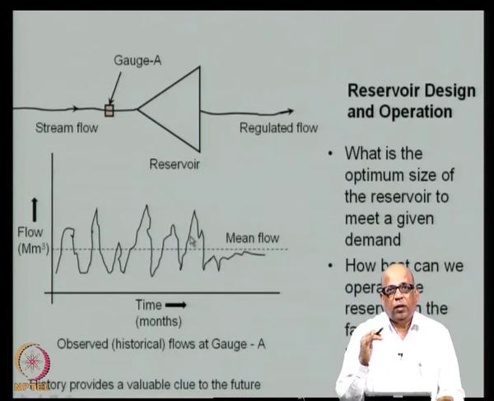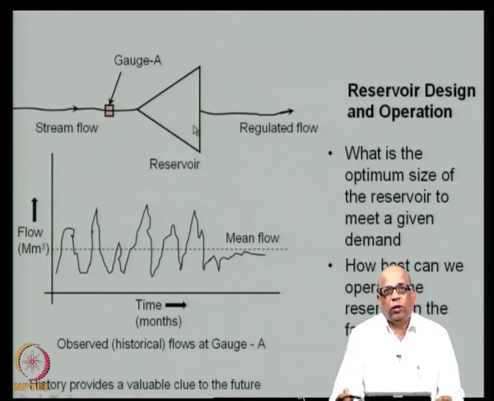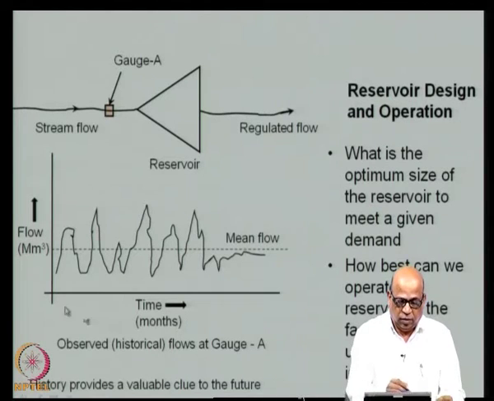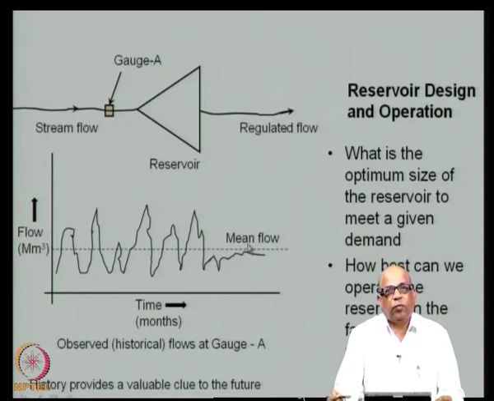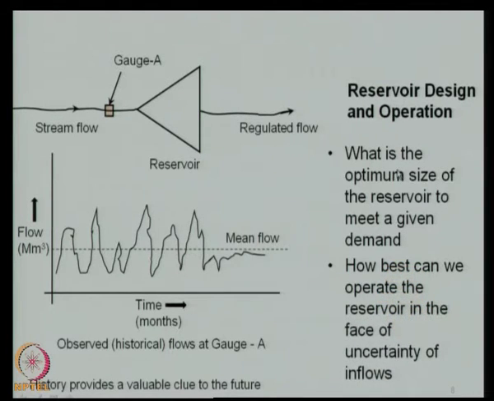So, when the flow is low, you may need water which is much larger than the flow. Where do you get it from? You derive it from the storage, and that is why you build a storage. So, storage essentially redistributes the deficits across the time of a year such that you will have a reliable amount of water supply. So, we will study how to get the minimum size of the reservoir.